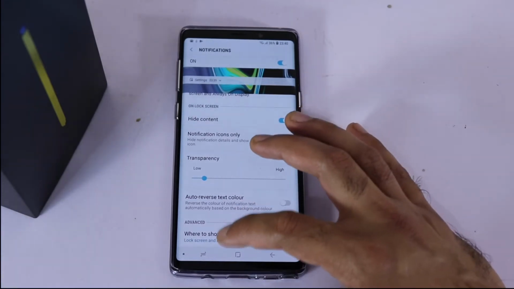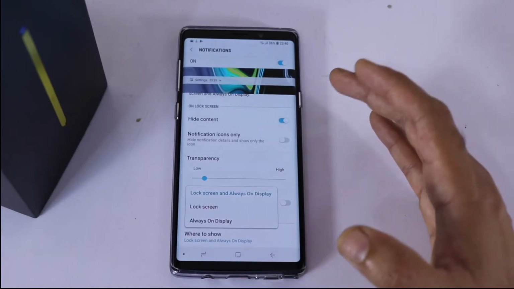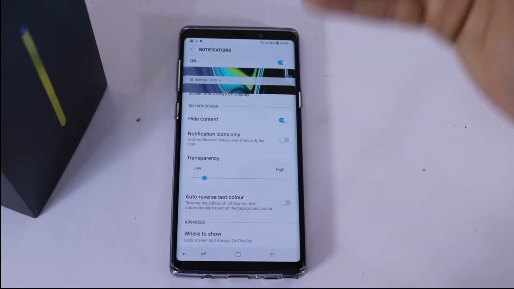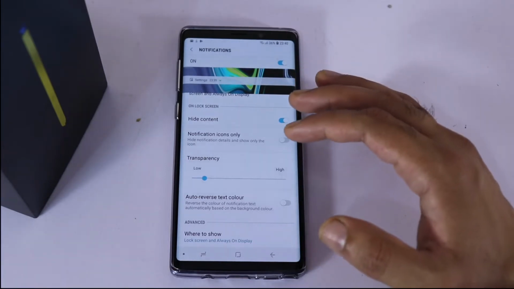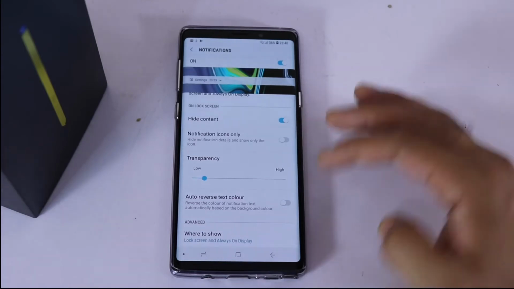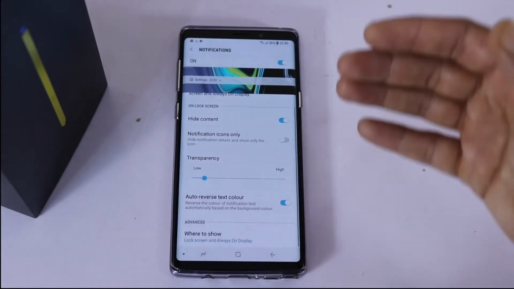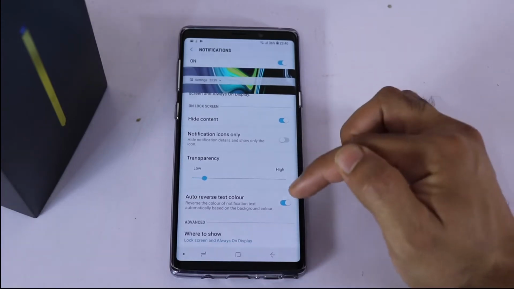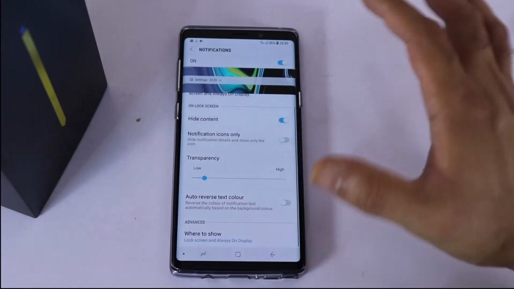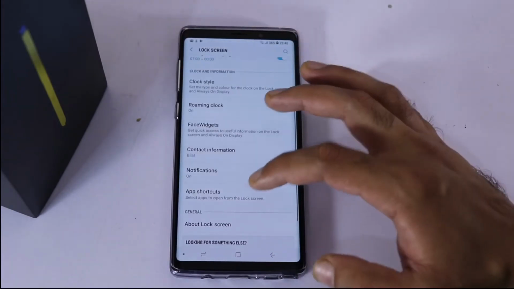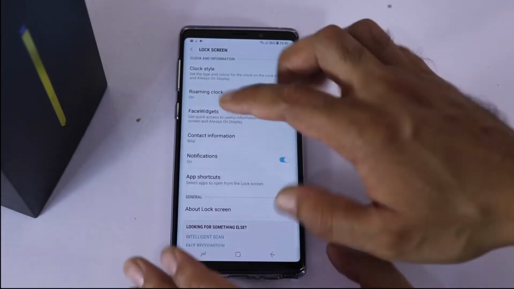Again, at the very last we have a way to show always on display and lock screen. We have selected both because we want notifications on the always on display and even the lock screen. So the other thing is to reverse the text colors. It will just reverse the color based on the type of notification from the application you are having. You can just test this feature also. It is a great feature, but right now I am not using this. So this is just transparency I have selected, and let's go back and I will just cover both of these